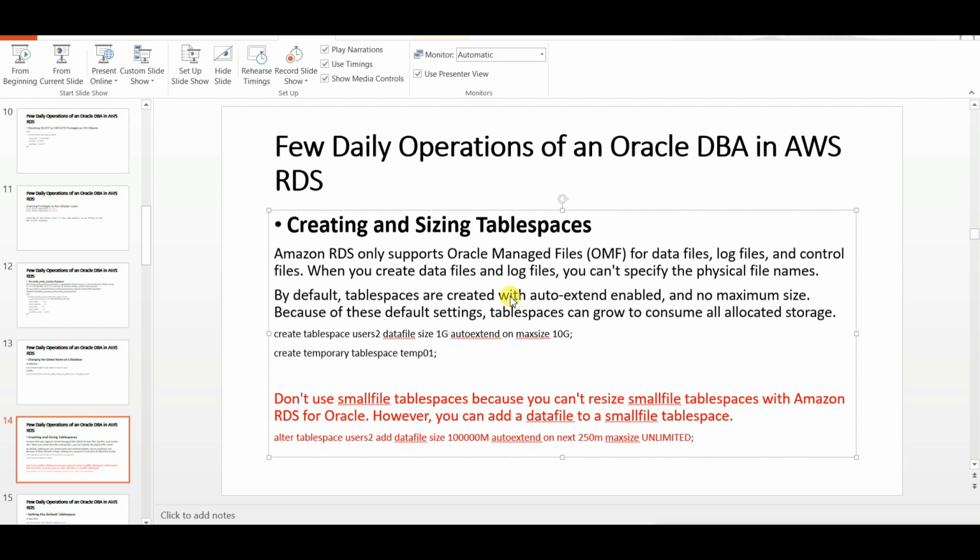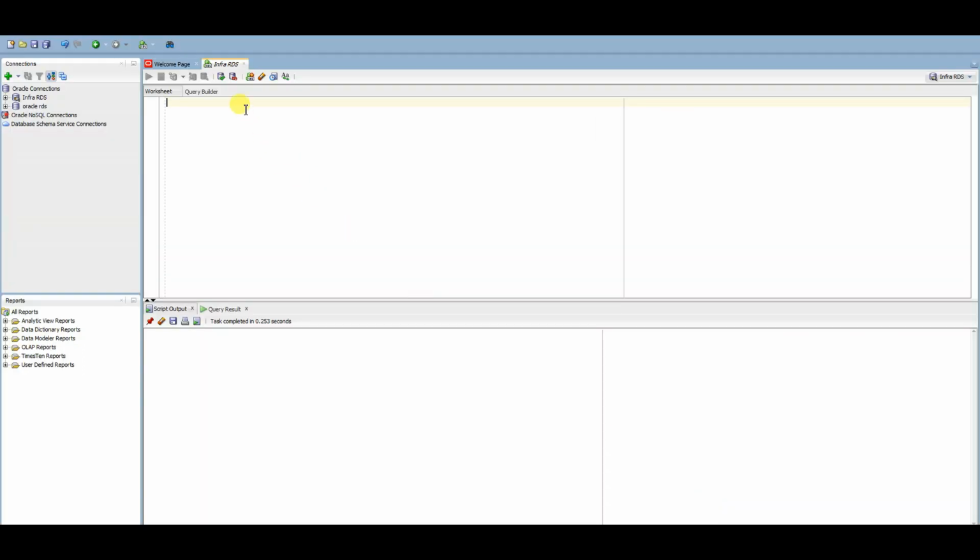How do we create a tablespace? In Amazon, by default, it creates a bigfile tablespace with Oracle managed files. So if I create this, create tablespace users, if I create this tablespace, this will take some time to create.